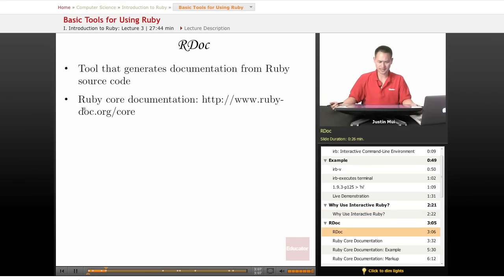The next one we want to look at is this tool called RDoc. It's the documentation tool system in Ruby. You might use JavaDoc for Java. Well, Ruby uses RDoc. And what this will do is it'll generate documentation from the Ruby source code. But they do have a syntax, and they do have a layer of structure of how you want to do it. So